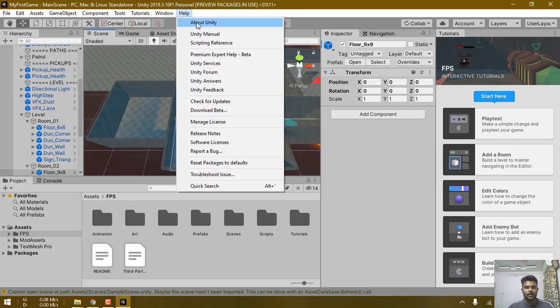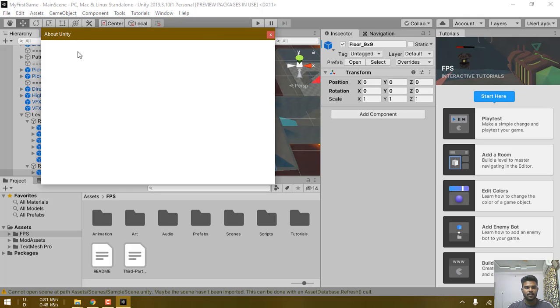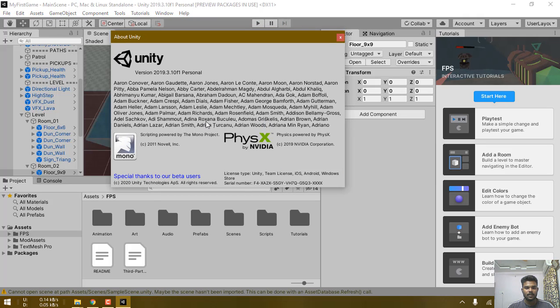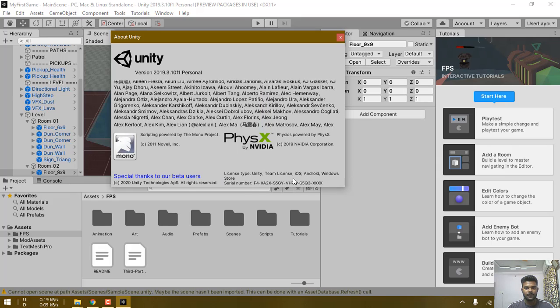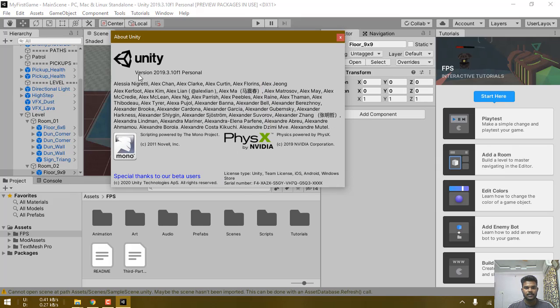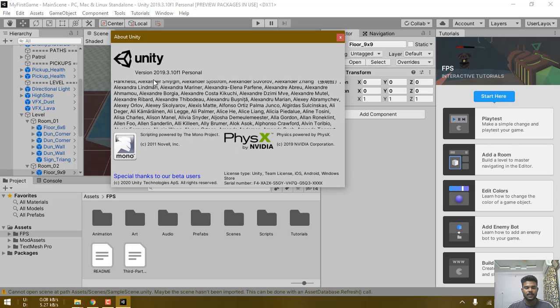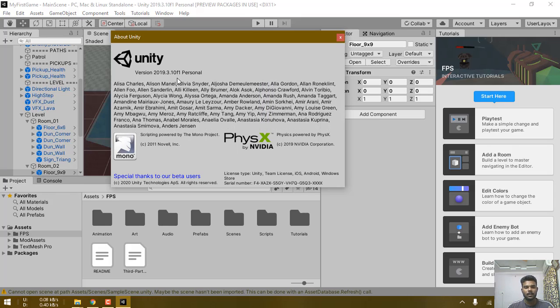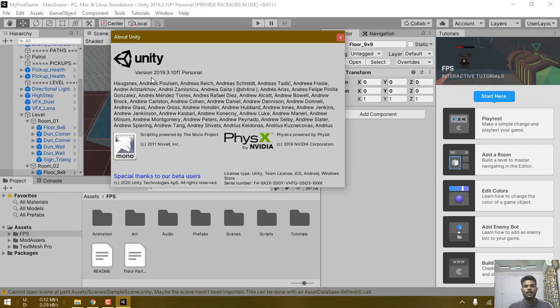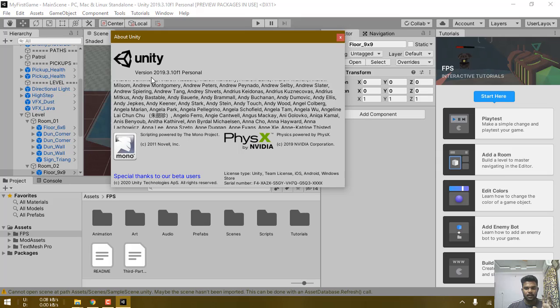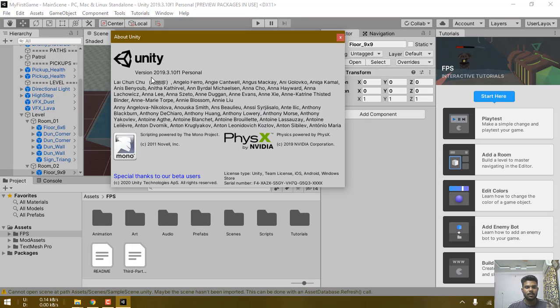After playing around, you will be noticing a few things, like here you can find your Unity version and everything, your serial number, license type and everything. This is the version of Unity which you will be using. Depending on the time or the year in which you will be watching this video, this version may be different for you, but the core functionality of Unity remains the same for everything.